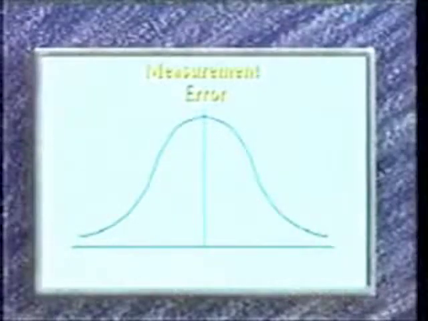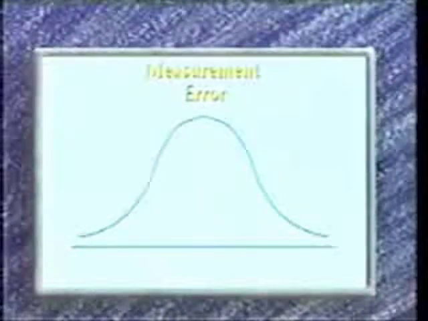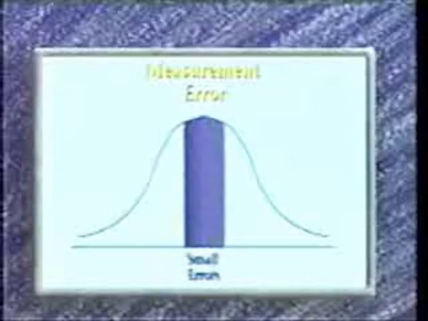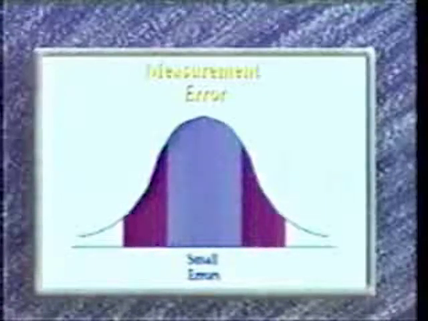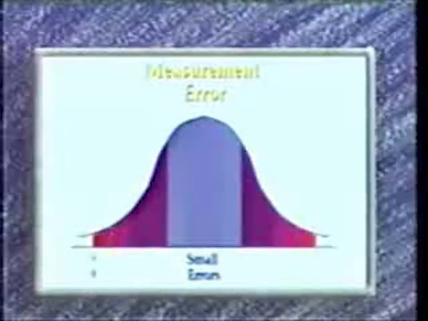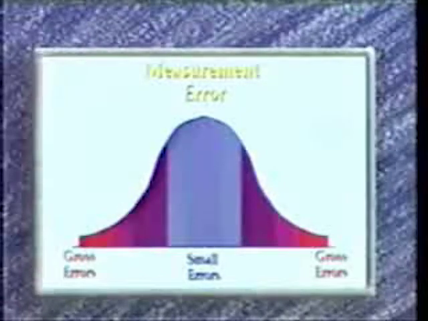The standard error of measurement is the standard deviation of the error curve. What this means is that errors, like many other things, tend to occur in such a manner that they fit the normal curve. In the center of the error curve, errors tend to be small, and there are more of them. As the magnitude of error increases, the number of errors decreases. At the extremes of the graph are large errors that rarely occur. The infrequency of these errors is reflected by the graph's proximity to the baseline.